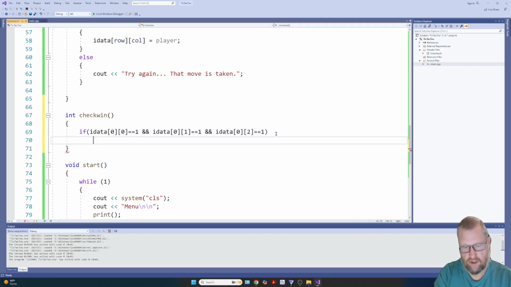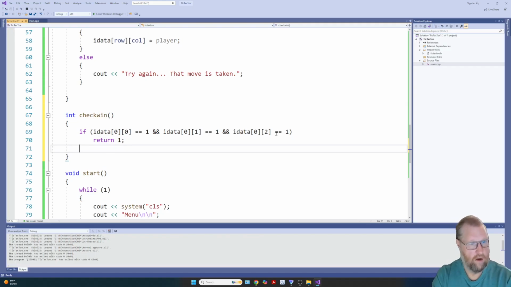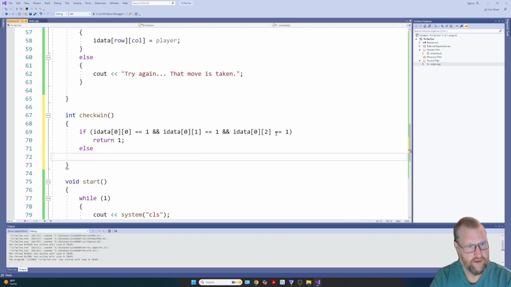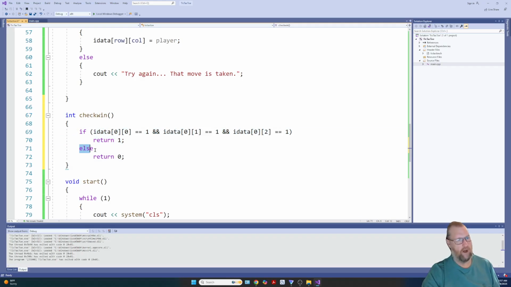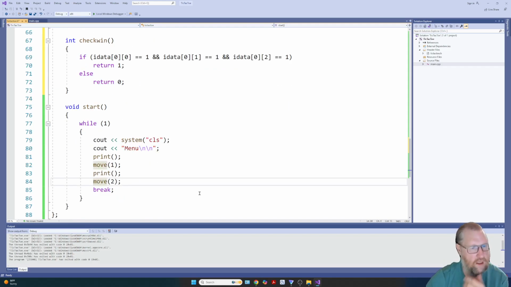this really becomes a return 1, meaning x1. Else, this would be a no-win scenario, because you're going to add the logic for the other player as well, which could be just more if statements. So you would have a whole bunch of if statements and only one else, because you just say 0, nobody won. And then what you could do over here is you could say